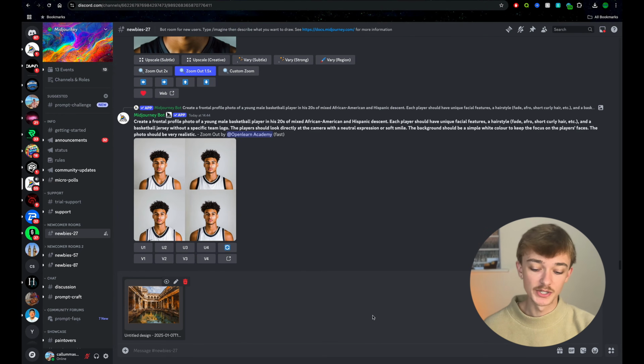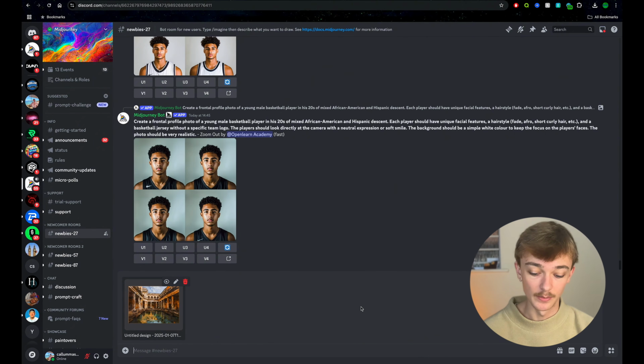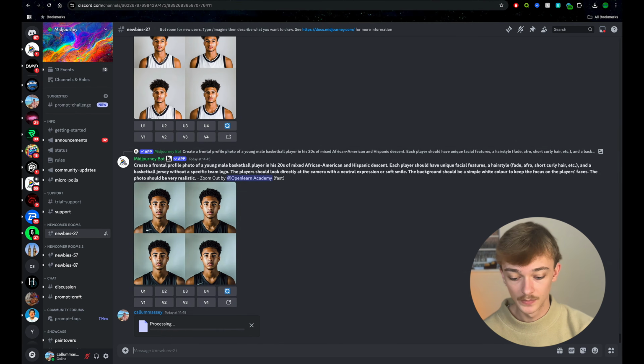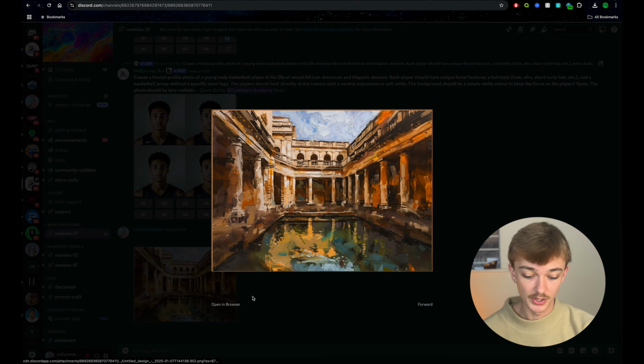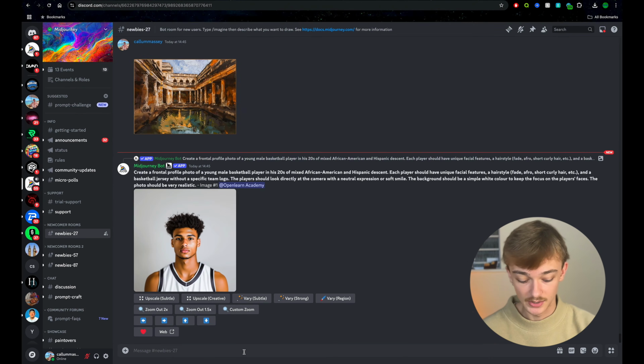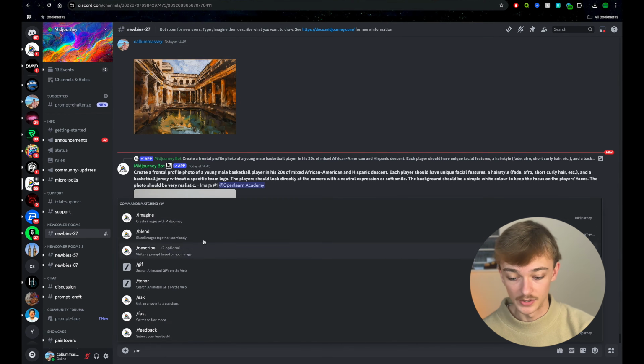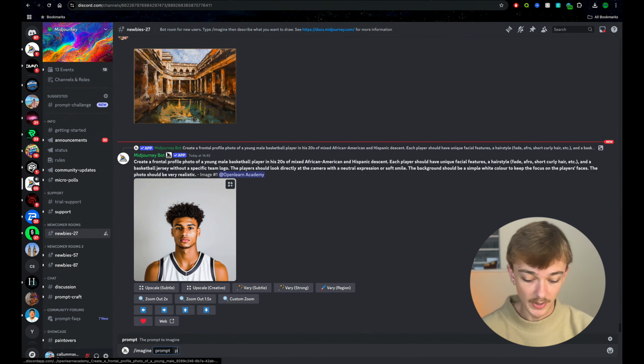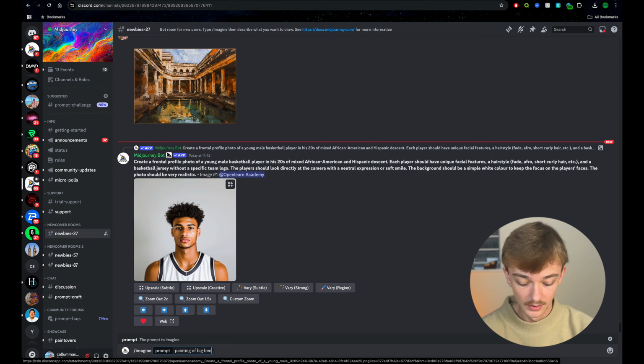And after you've saved your image as a PNG, you just want to go over to Midjourney. You can use either the Midjourney website or Discord. I prefer Discord, but they're pretty much exactly the same. So put your image in the chat, hit enter, and then click on the image, open in browser, copy the web address, go back onto Discord, and then you're ready to do your prompt. So I'm going to do imagine, I'm going to do painting of Big Ben, busy London street, sunny day, and